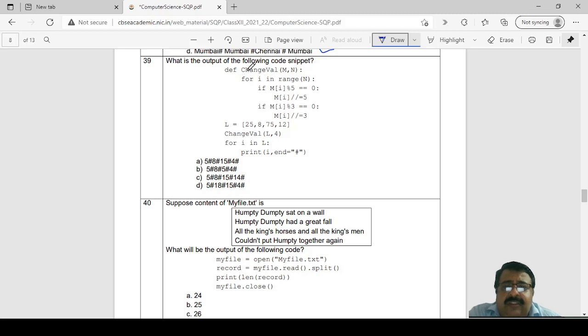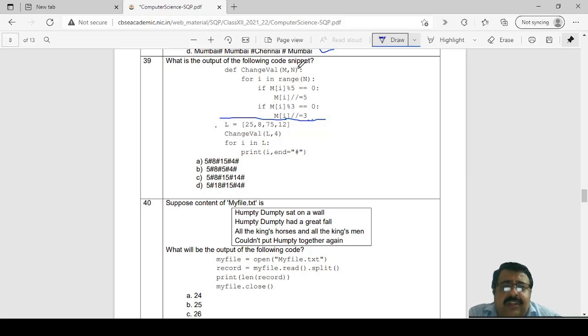Now see, the changeval function. L equal to this, changeval L comma 4. For i in L, print i.